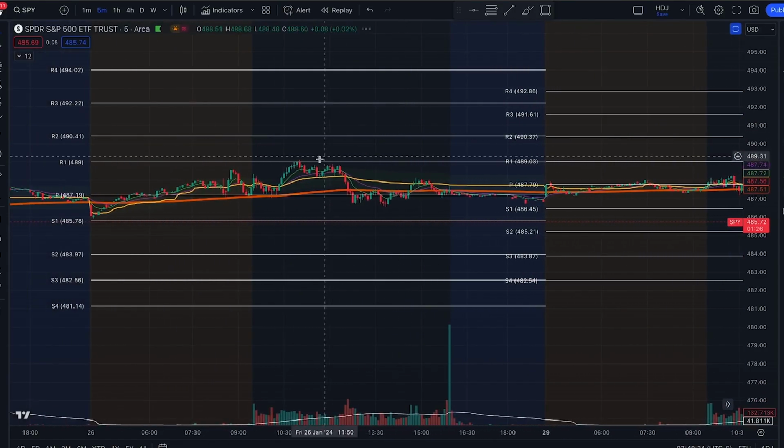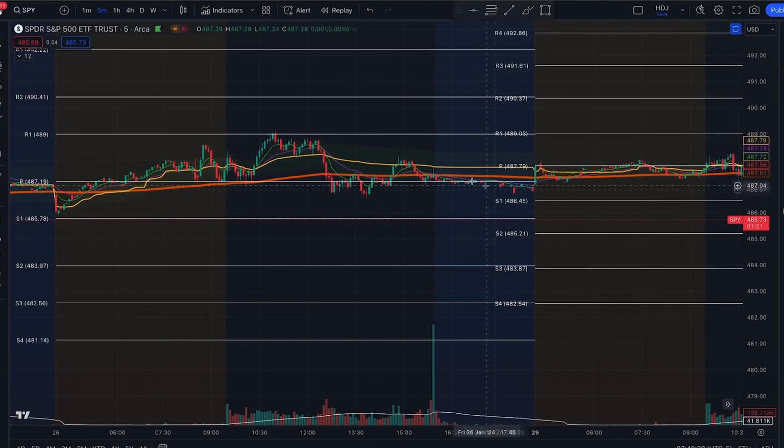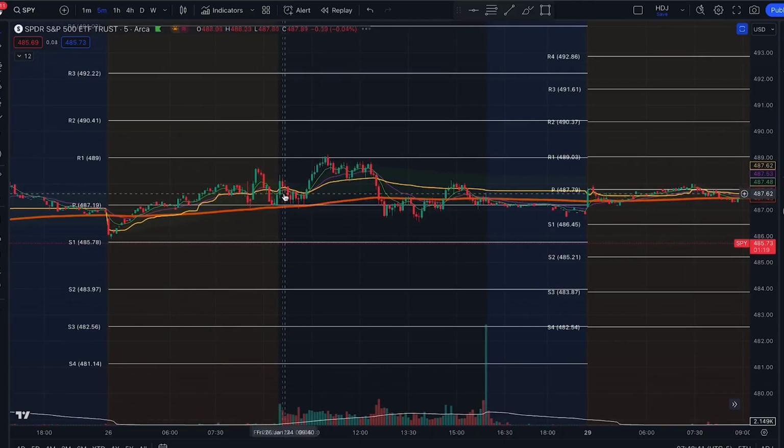on this day, the market opened right here on this candle. Let me zoom in a little bit more. Okay, so we got 5-minute candles, and you see price action. Here's a pivot point here. Here's a pivot point here. 489 level and the 487.19 level. So price came down to the pivot, and then the pivot was lined up with the 200 moving average. So you got a lot of confluence there, a lot of action going on, and the likelihood of a bounce